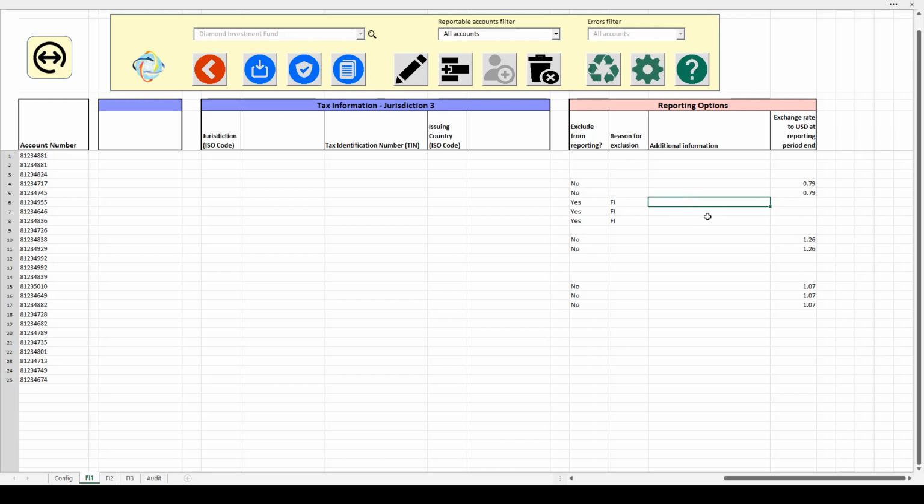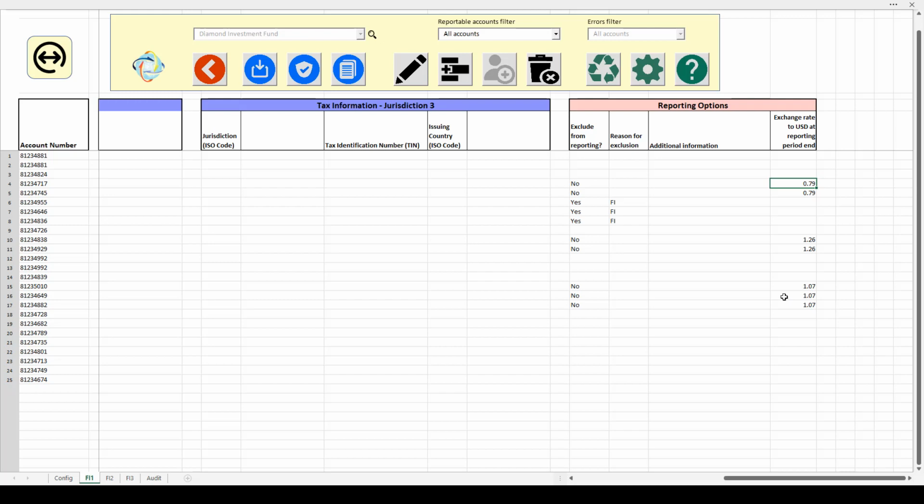You don't need to use that if the account is not reportable because it's in a non-reportable jurisdiction, because we'll work that out automatically. You only need to use this if the account's not reportable because it's not a reportable entity or individual type. Also, if your account is in a currency other than US dollars, you need to enter the exchange rate so that we can calculate the value of all of those accounts.